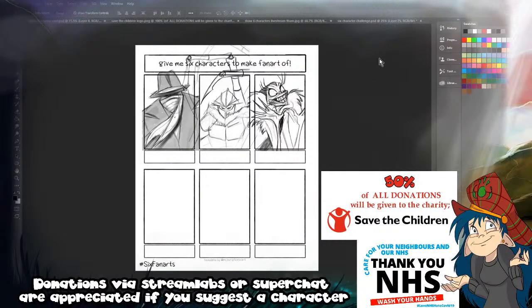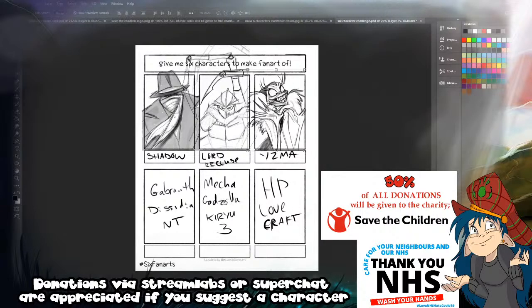Hey, not that. This. Yeah. Save your work. Okay, so the next one is, oh, it's a character I'm not familiar with. Okay. Yzma is scary. She is scary beyond all reason.